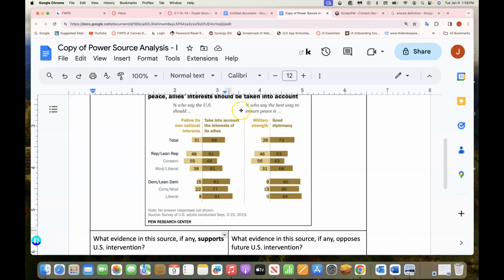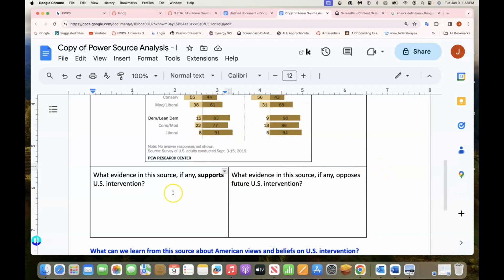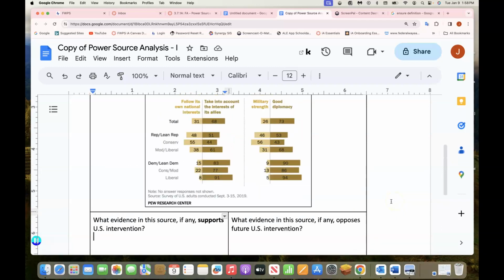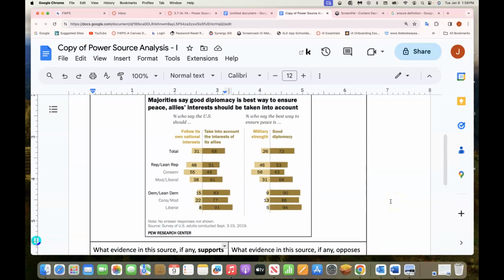Okay, and then the other part of the graph, percentage who say the best way to make sure that peace happens is by using military strength or with good diplomacy. Okay, and then you can see how the numbers fall there. Now, going down to our first question, we are looking for evidence that supports U.S. intervention. Okay, in this case, looking at this graph,